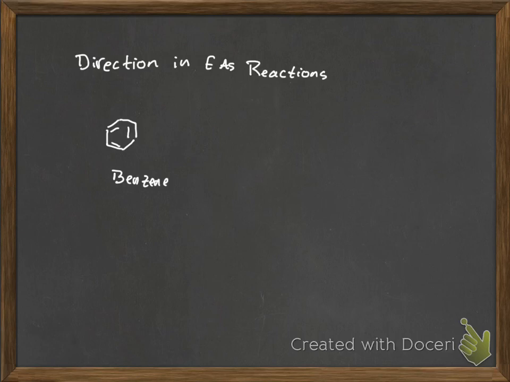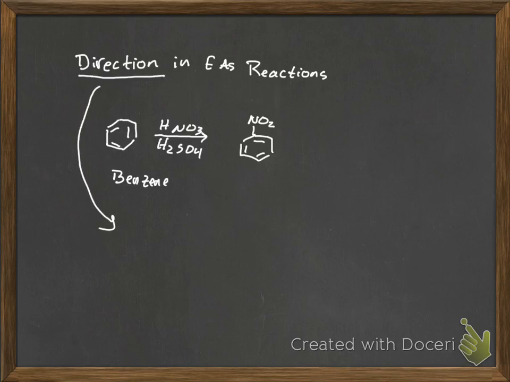But the point of that really is that the electrophile that you add, let's just nitrate for fun, H2SO4, you put the nitro group on there, and it's the first one on the ring. That means that none of those 6 carbons have any special preference one way or another toward where that nitro group goes. Direction actually involves, when you do EAS reactions